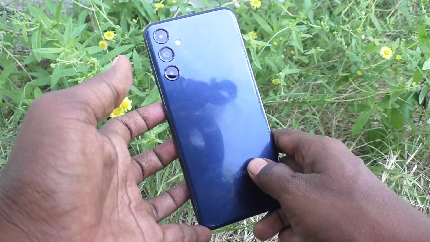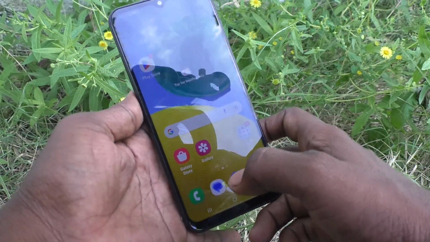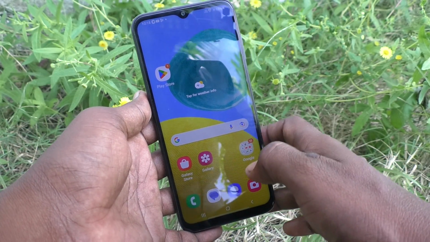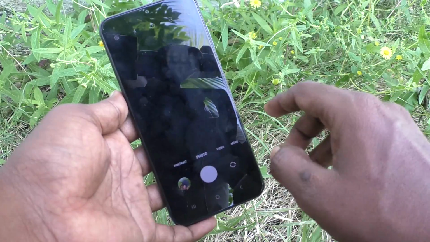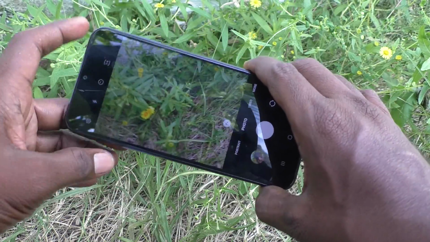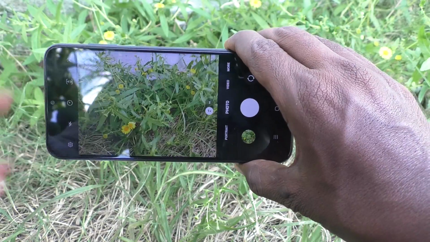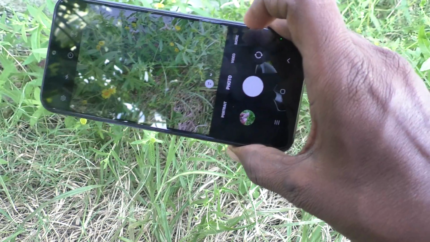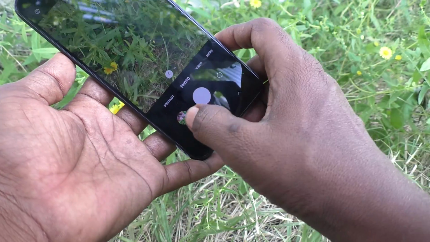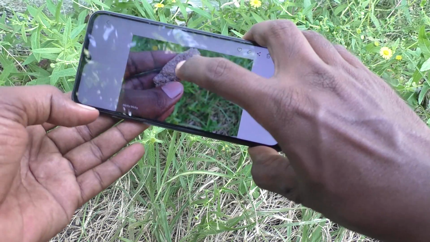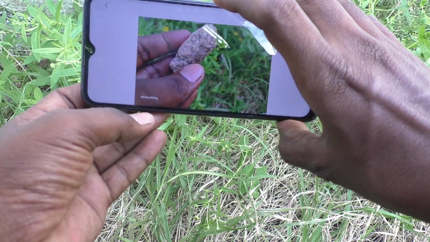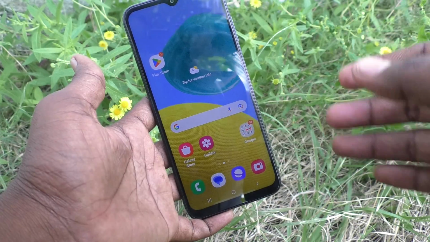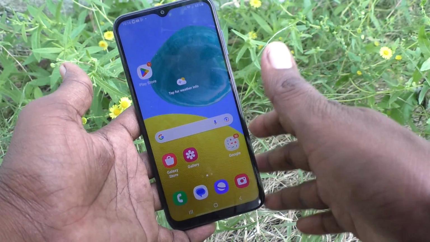Here is Samsung Galaxy M14 5G smartphone. In this video, you will learn how to remove camera watermark in your phone Samsung Galaxy M14 5G. Suppose if you are taking a photo through the camera of your phone and in the result, you have the watermark, then the watermark will appear. Okay, see here, the watermark appeared in the bottom left side. Suppose if you want to remove this watermark, if you don't want any watermark for taking photos, yes, you